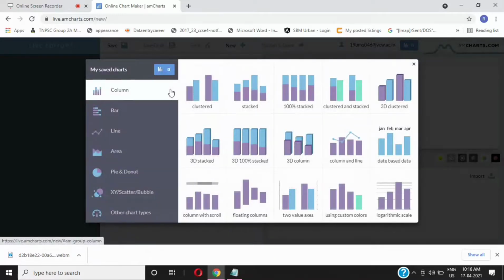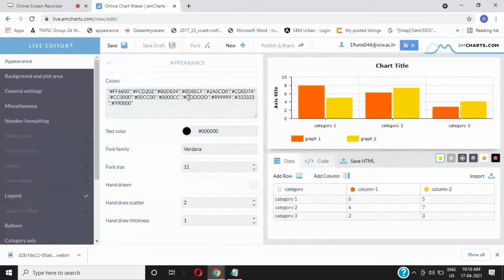Here I am going to make a sample chart. So I am clicking a random outline. So now we're going to create a sample students mark list. So we can change the data here.